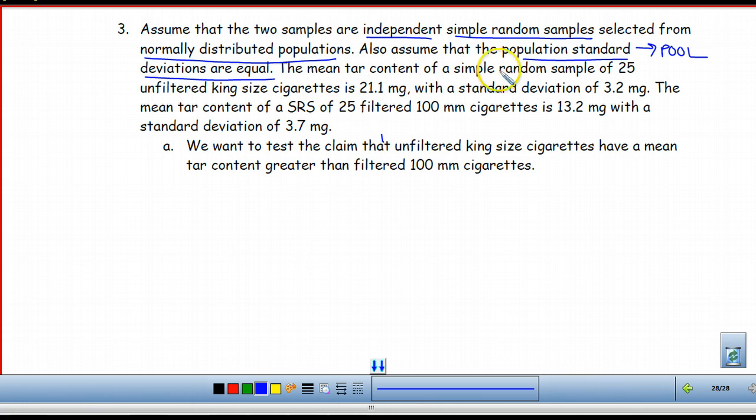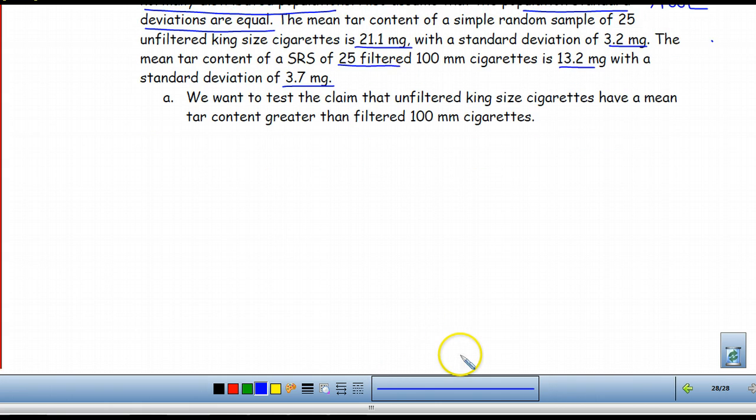The mean tar content from a simple random sample of 25, so that's too small, but it did say it was a normal distribution. So the mean is there, standard deviation of 3.2. The mean of an SRS of filtered, so 25 filtered cigarettes, is 13.2 with a standard deviation of 3.7. We want to test the claim that unfiltered King cigarettes have a mean tar content greater than filtered 100 millimeter cigarettes. All right, so let's go ahead and start